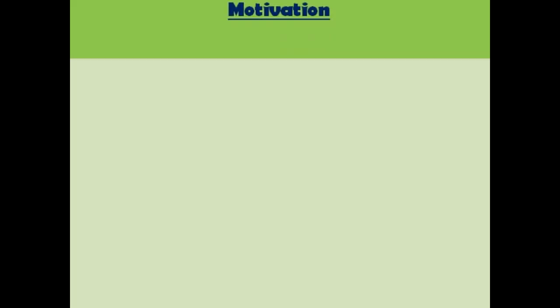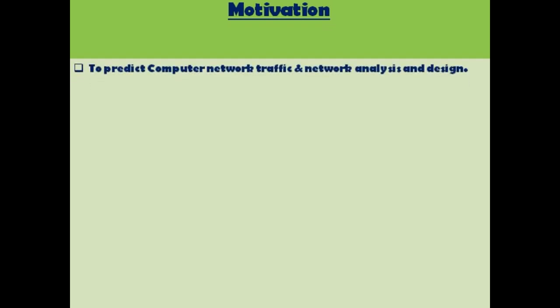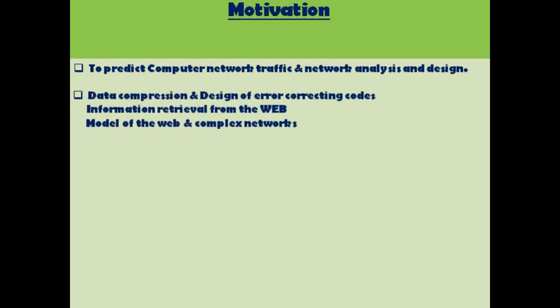Probability is used in every branch of engineering. For example, probability is fundamental in queuing theory and the design of modern communication systems. It is applied to predict computer network traffic and in the analysis and design of networks. Information theory, which is key to data compression and the design of error correcting codes, relies heavily on probability. Modern methods for information retrieval from the web, mathematical models of the web, and other complex real-world networks are built